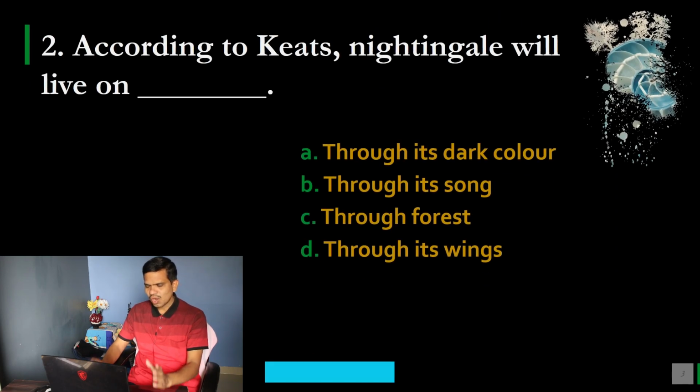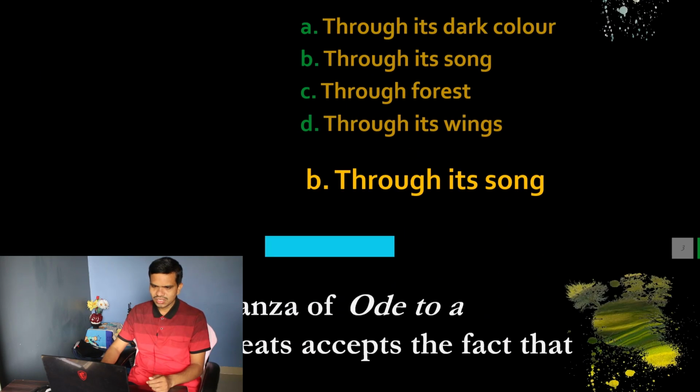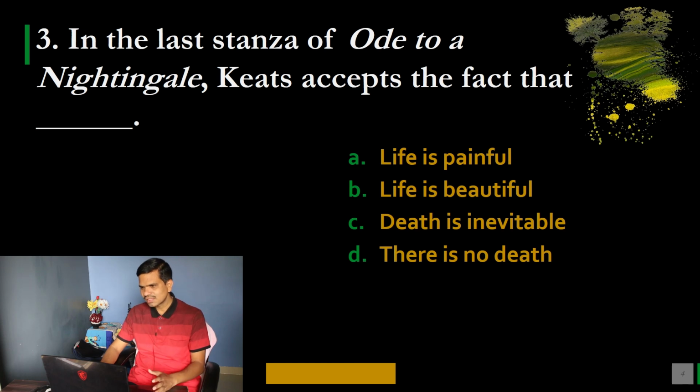Question number 2, according to Keats, Nightingale will live on dash. Options are A. Through its dark color, B. Through its song, C. Through forest, and D. Through its wings. Please choose your option, and the correct option is B. Through its song. Question number 3, in the last stanza of Ode to a Nightingale, Keats accepts the fact that